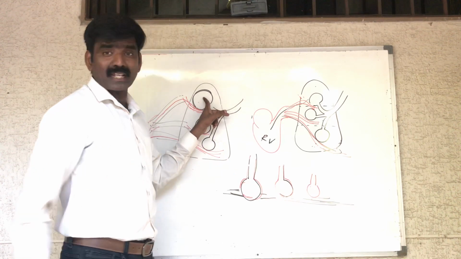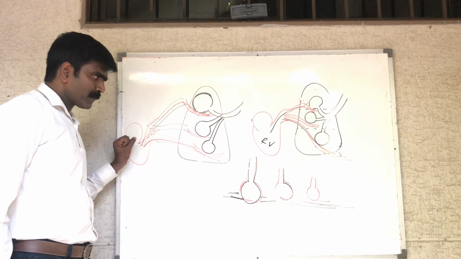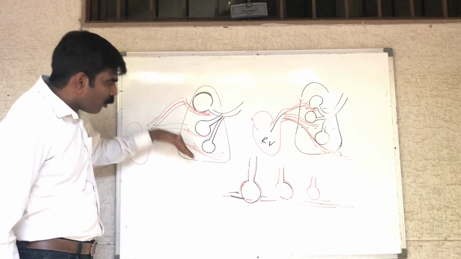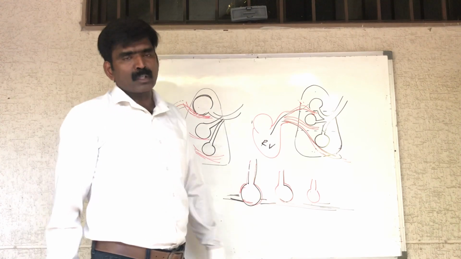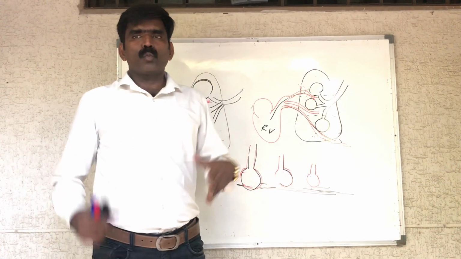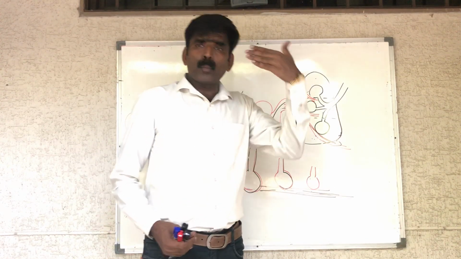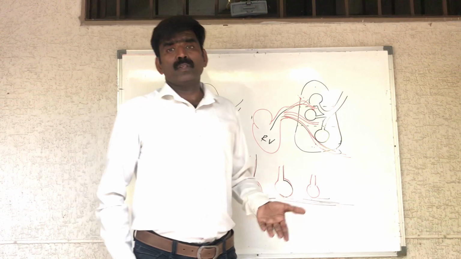Because alveoli size is large, it is compressed more. So when the heart is pumping the blood, the blood will move more in the lower zone when compared to the upper zones. So these are the three reasons why the perfusion is higher in the lower zone. So what is the conclusion? When you talk about the ventilation, it is also high.